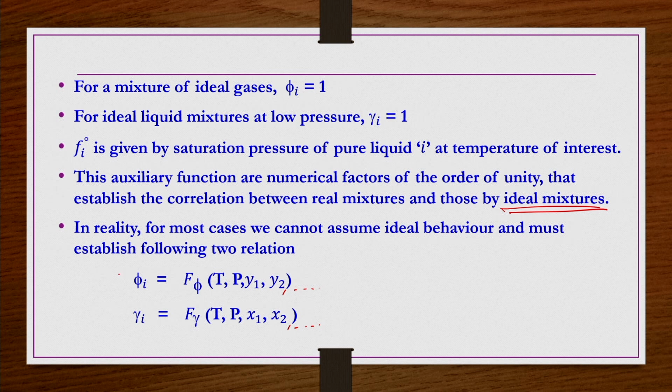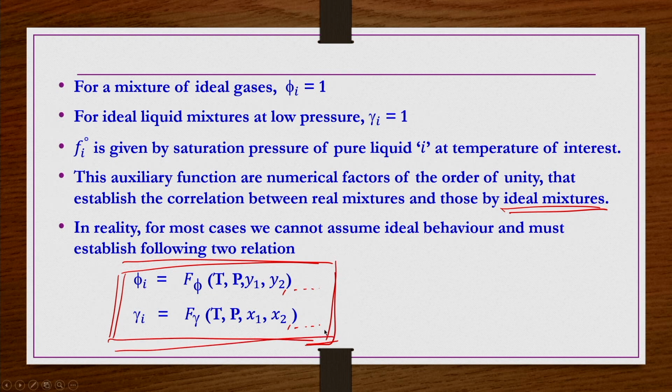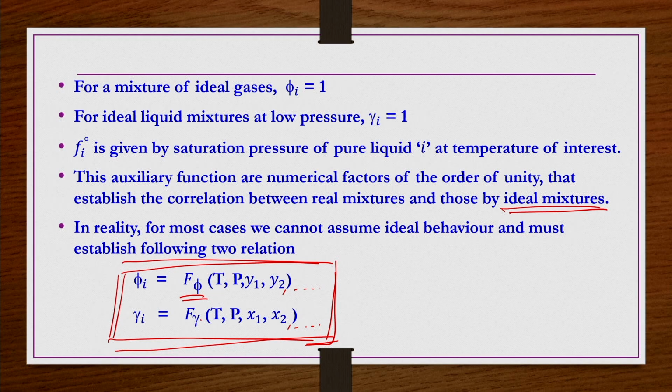So, if you want to solve the phase equilibrium problems with a certain degree of non-ideality, before solving those problems, you have to establish these relations. What is this f of phi, what is f of gamma? These relations you have to establish. So, that is the primary part of this course for the first 5 to 6 weeks. So, we are going to establish these relations for many vapor and then liquid mixtures having non-ideality, and those non-idealities are defined by different types of models.